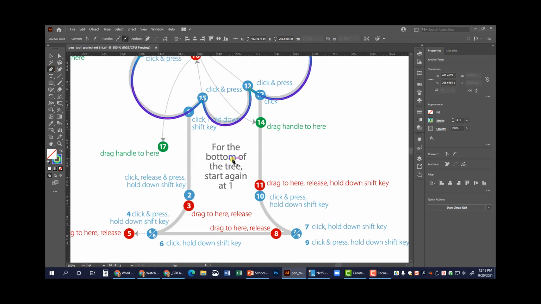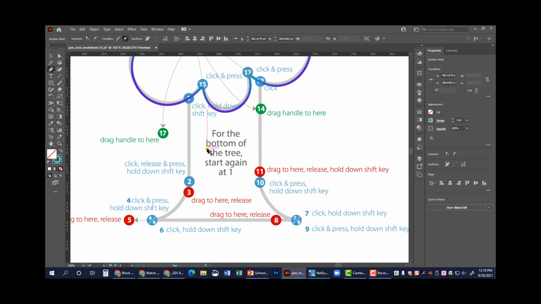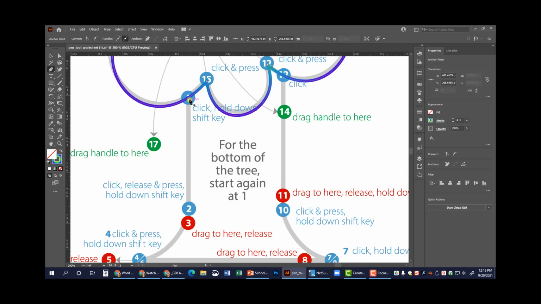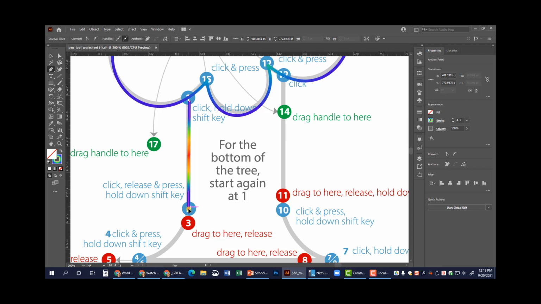So now I'm going to move on to the trunk. You do not have to worry about closing that off for now. You can just click to draw 27 to 28. Okay, so I'm going to start here at 1. I'm going to click and I'm going to go down to 2 and I'm going to click, and then I'm